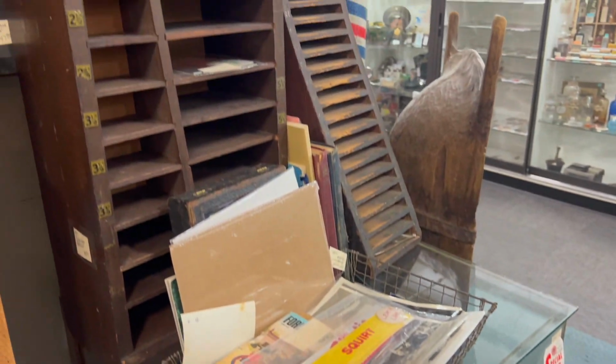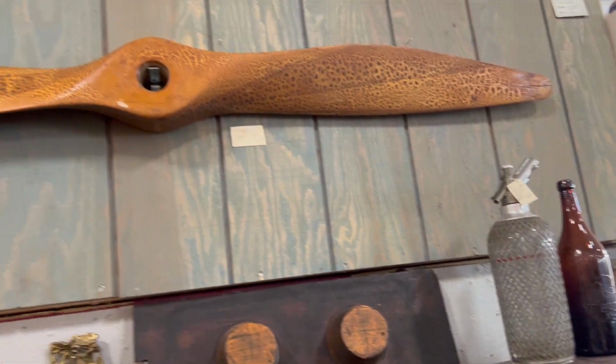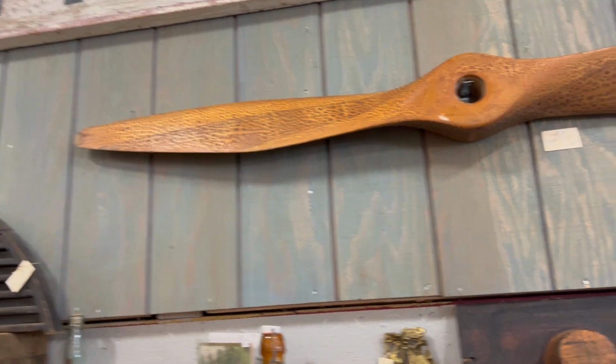And right over here, there's, yeah, that long thing with all those holes. That's a cigar mold. I saw on a show one day they ended up